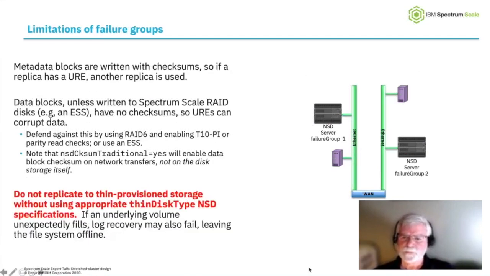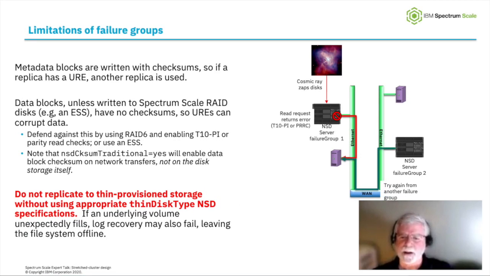All right. We need to understand some of the limitations of Spectrum Scale replication. So what would happen if the underlying storage is corrupted, but the storage system didn't detect it? Say a cosmic ray zapped it. Well, with metadata, there's a checksum. Spectrum Scale will detect corruption and use the other replica. And with data,